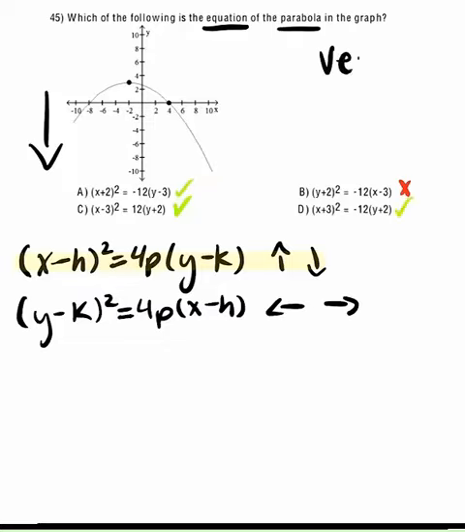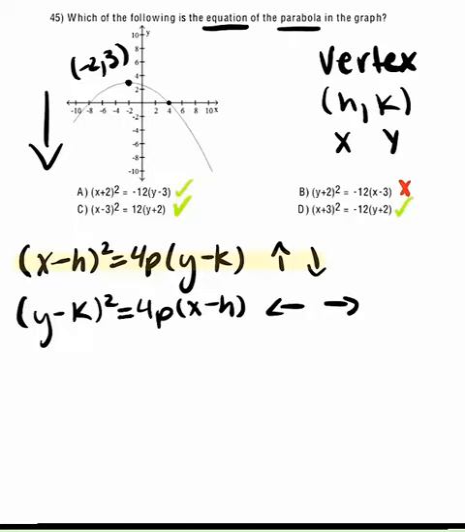Now let's identify the vertex. The vertex is going to be (h, k). H is going to represent the x value and k is going to represent the y value. On our graph, we can find that the vertex is located right about here, which gives us the point (-2, 3). Let us review our answers again and see which equations do not have -2 and 3 as h and k